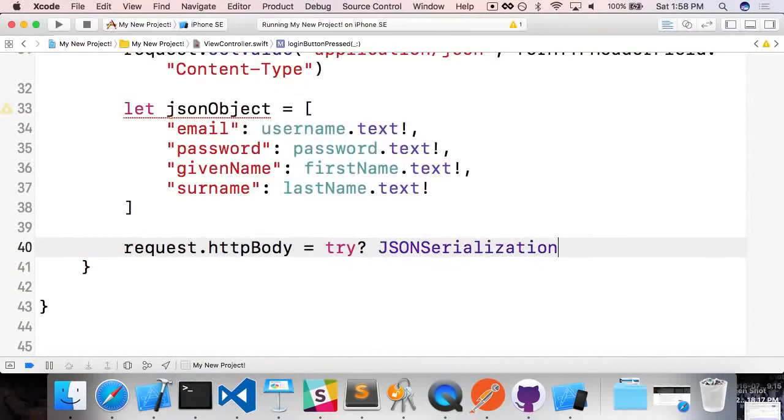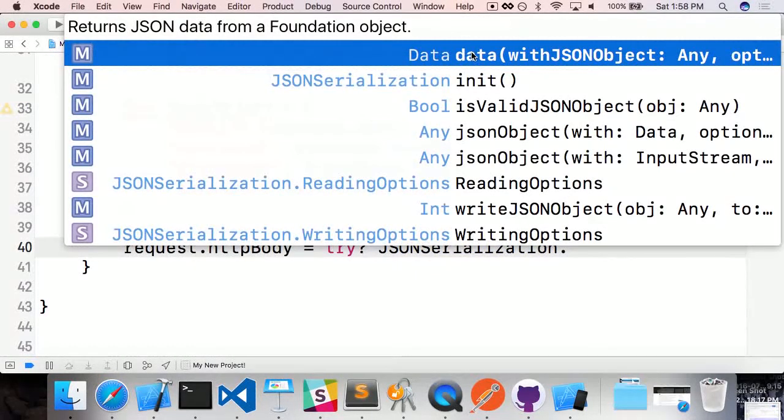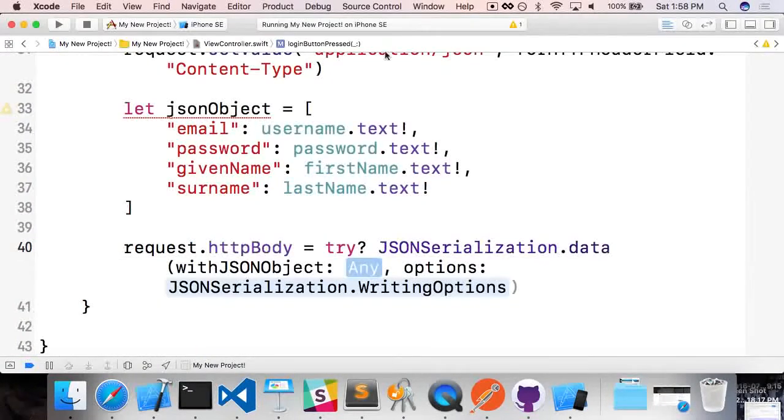So I just literally press dot, and I'm like, okay, I want this. It even tells me it returns JSON from a Foundation object. I'm like, hey, that sounds exactly like what I want to do, right? I have a Foundation object, and I want data. So I'm going to say data with JSON object